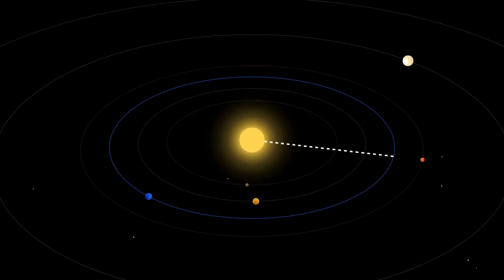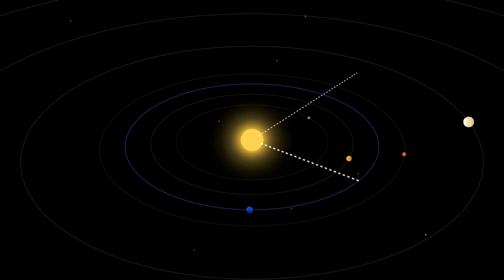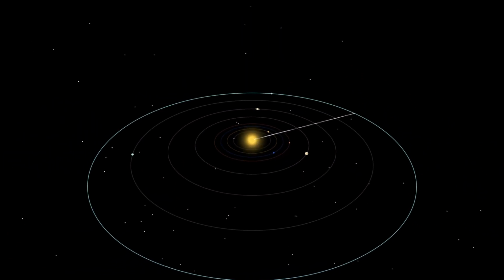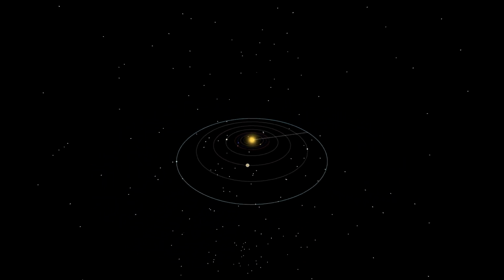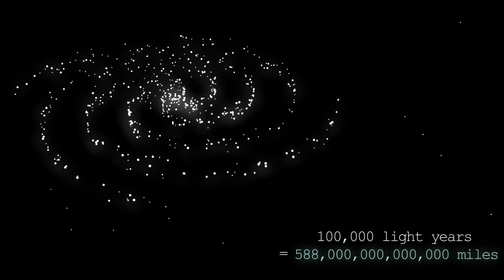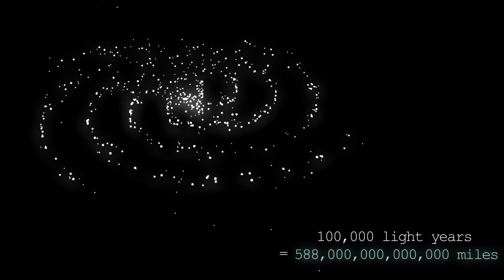The Earth orbits the Sun at a distance of around 93 million miles. The furthest planet, Neptune, orbits at around 2.8 billion miles. Our home galaxy is far larger, containing more than 100 billion stars and planets. Current estimates place it at around 100,000 light-years across, making it around 200 million times larger than the radius of